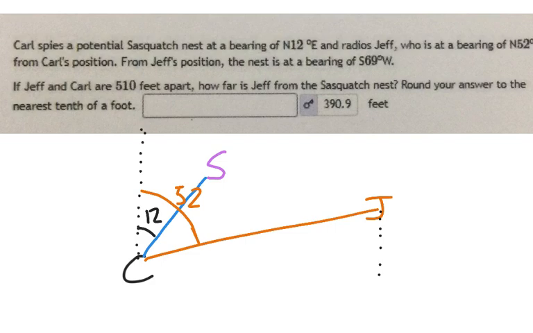69 west of south. So this is south. Here's west. He would need to be at 69, which is where the Sasquatch needs to be from Jeff. So that means Jeff needs to be